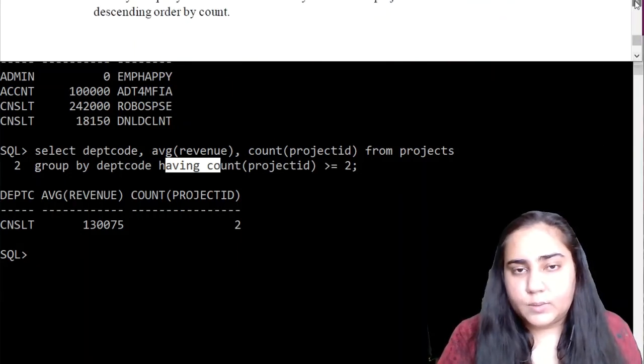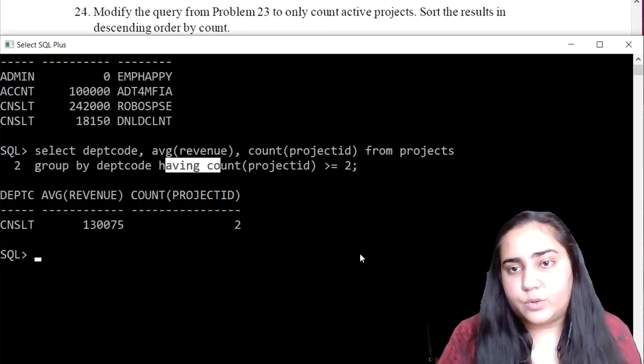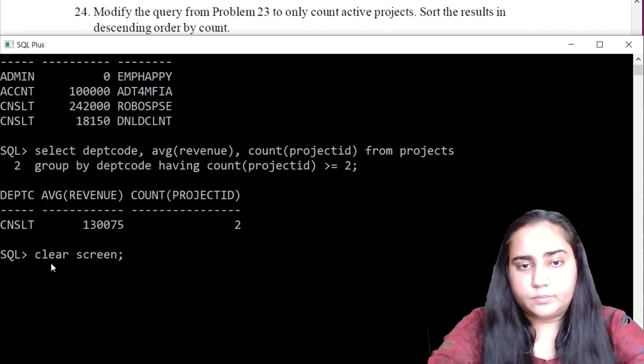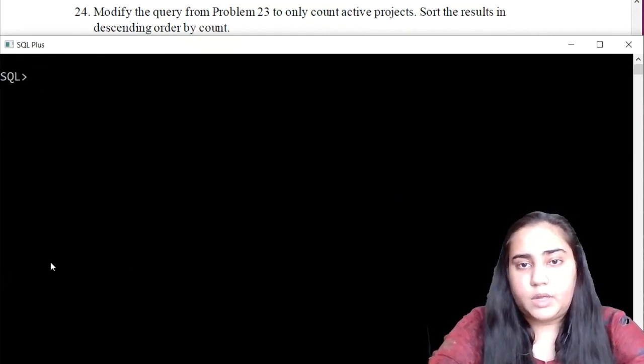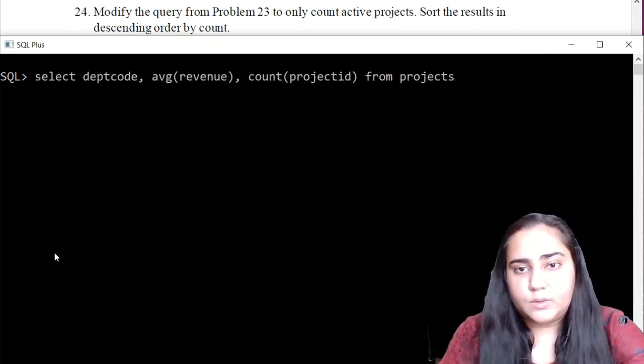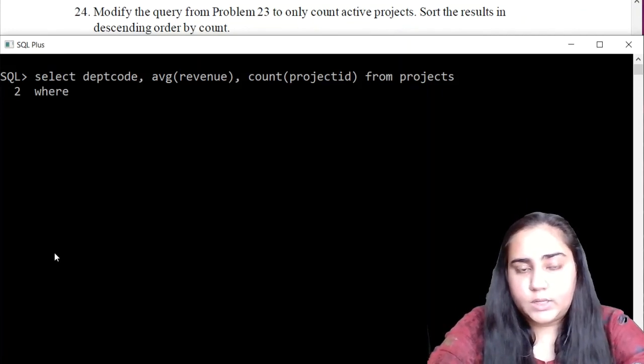This is the last question, which says, modify this to count only active projects and sort the results in descending order by count. Let's clear the screen. Now you need to modify the previous query to count only active projects. So this was the previous query where we found dept code, average revenue, number of projects. Now I want only active projects. So I need to add a condition that says where